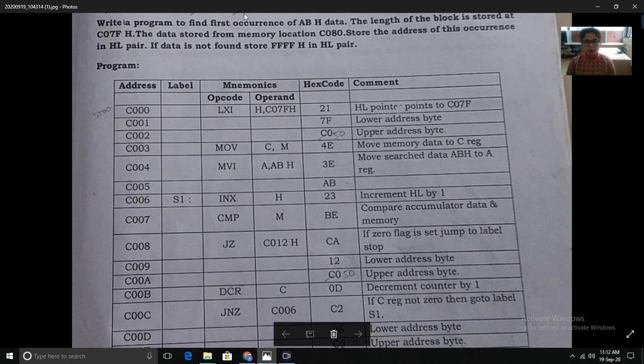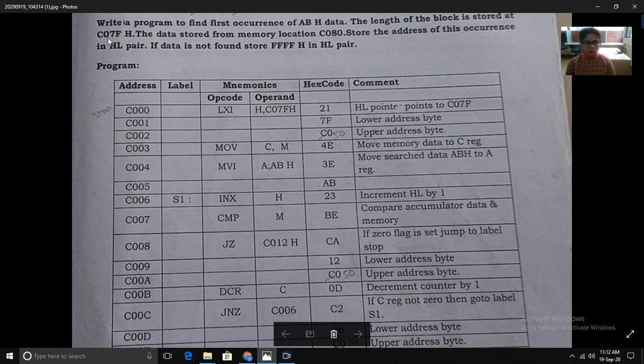The length of the block is stored at 507F, or you can assume any location instead of that. So the length of the block is stored at this memory location. The data is stored from memory location 5080, which is the starting address of the data.